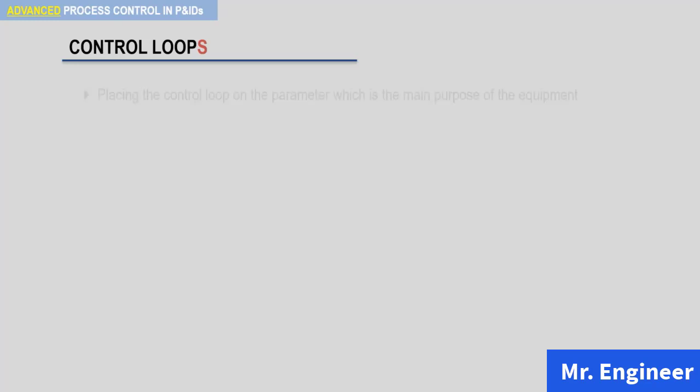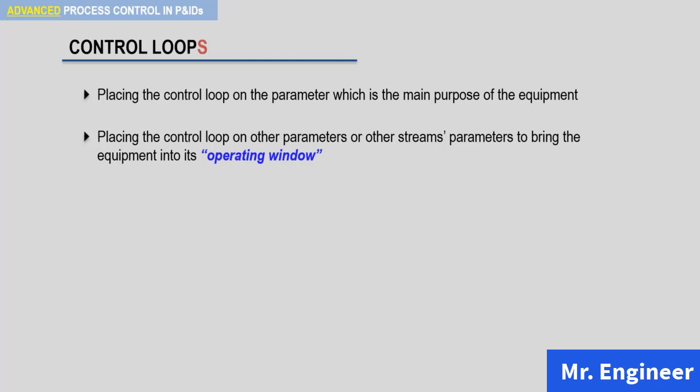To control each piece of equipment, a control loop or control loops need to be installed to satisfy two requirements. The first one: placing the control loop on the parameter which is the main purpose of the equipment. The second one: placing the control loop on other parameters or other streams' parameters to bring the equipment into its operating window. Now, the result of addressing these requirements could be the requirement to install 1, 2, 3, or more control loops